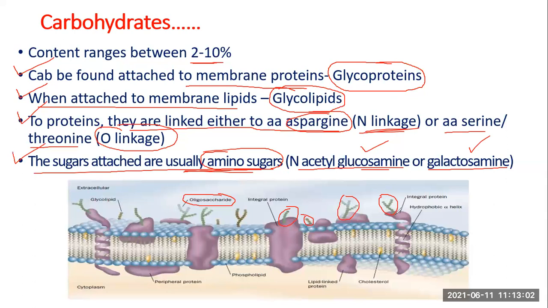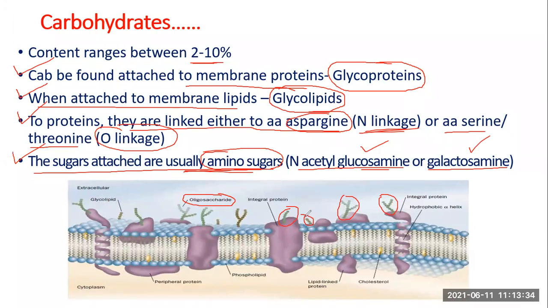The ones in purple, this violet, are proteins. This is an integral protein spanning across. This is a peripheral protein. These are peripheral proteins. This is also a peripheral protein because it is not deeply embedded, only partly embedded. This is again an integral protein. This is an integral protein. This is a peripheral protein. This is an integral protein. These are all peripheral proteins. So they are attached to proteins. So this protein is a glycoprotein. They are attached to lipids also.